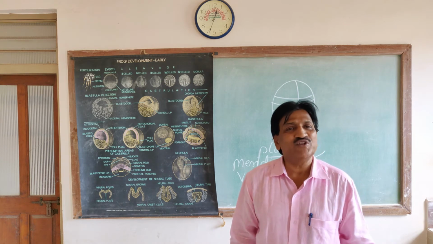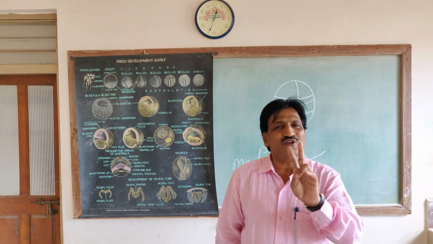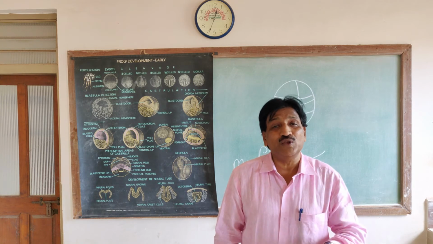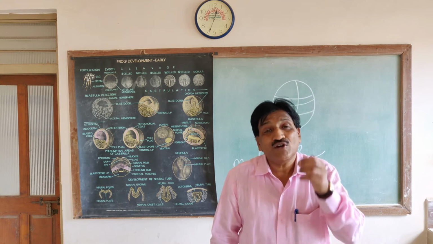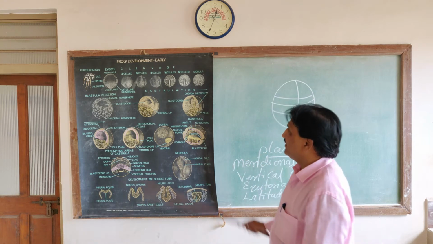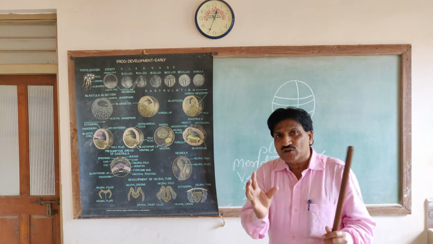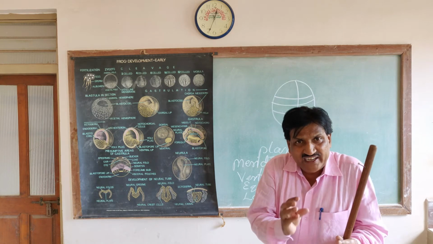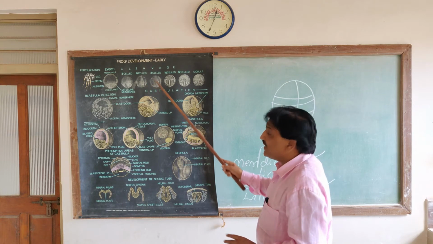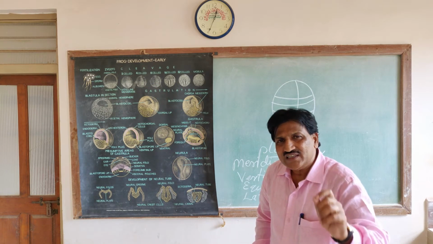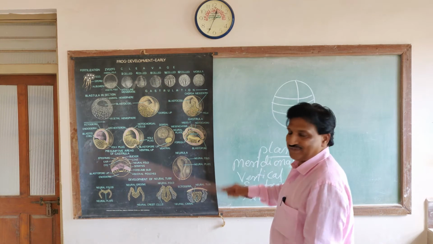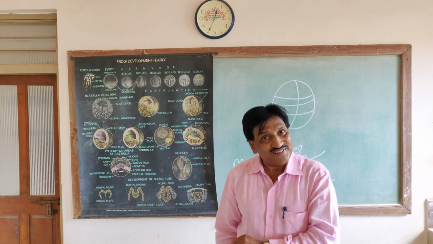For example, take the human body. We have two kidneys, a right kidney and a left kidney. One kidney is below and the other kidney is above because of the pressure of the stomach. Similarly, in the case of the frog, because the yolk is present at the vegetal pole, it does not permit the center. So the third cleavage plane, latitudinal, stays just above the center of the egg.